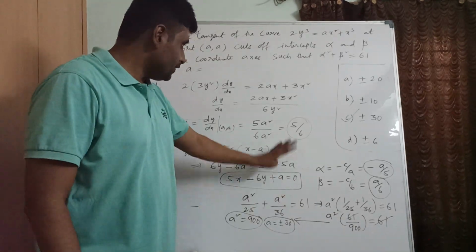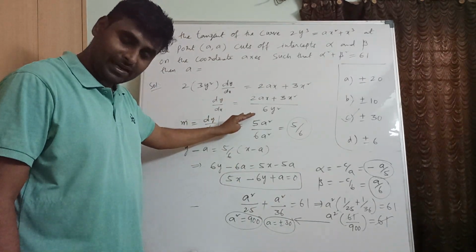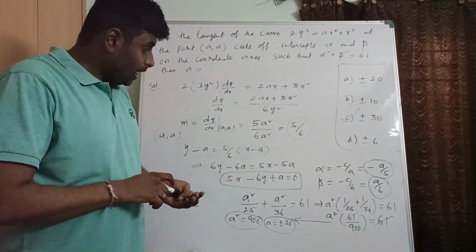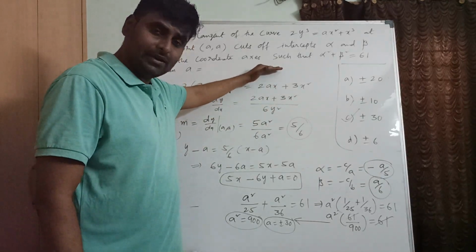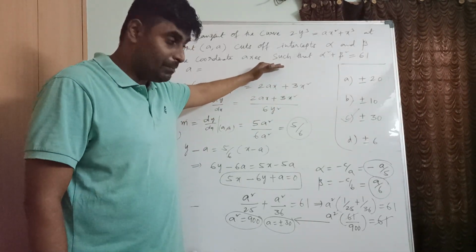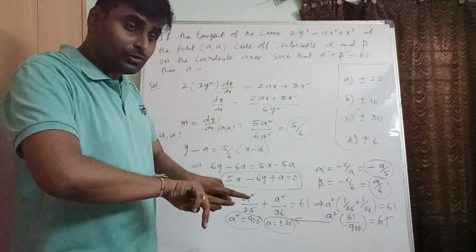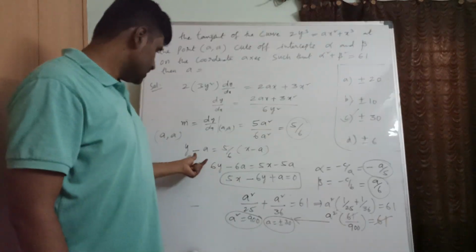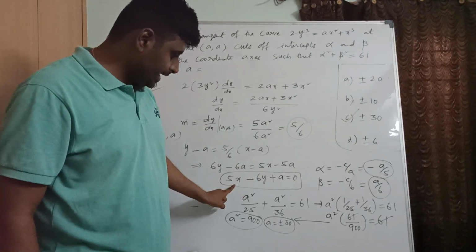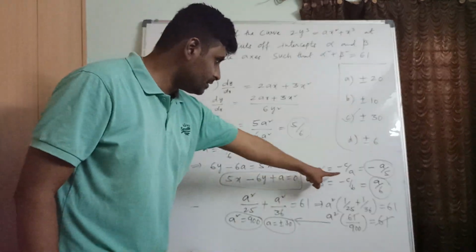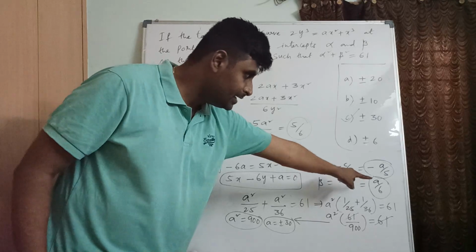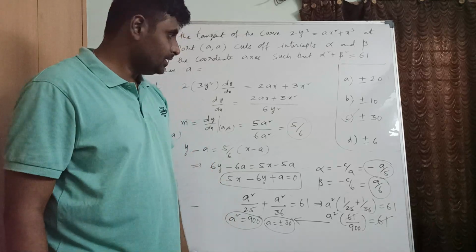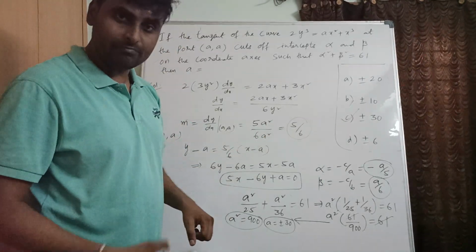It's very easy. So first we derivate this. Make it easy and substitute the point, we'll get slope. Everyone knows how to solve any problem of tangent and normal, but how to derive fast and how to relate the things definitely matters. See, equation of tangent, after writing ax plus by plus c equals 0, x-intercept is minus c by a, y-intercept is minus c by b, this one square plus this one square equals 61. Then we'll get a value. Clear? Pause the video, make a note of it.